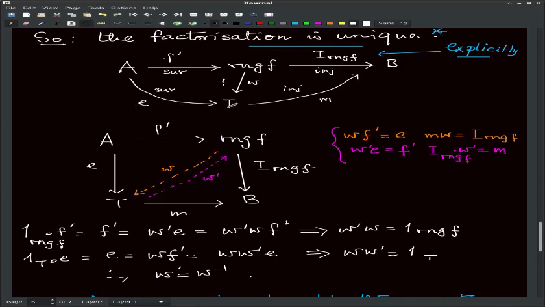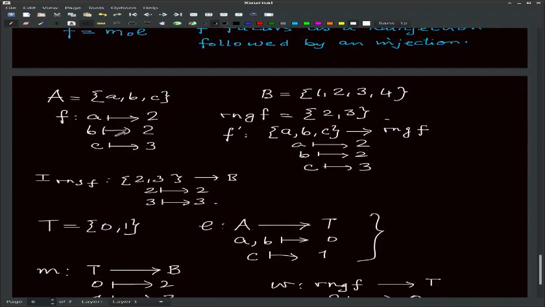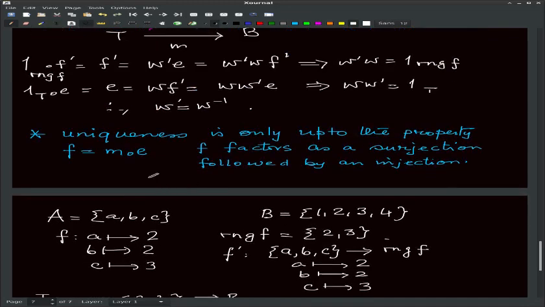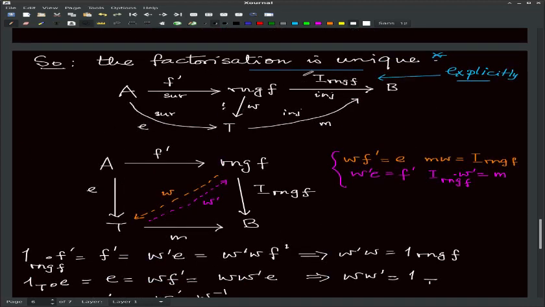So what I wanted to say is, one side is explicit, where you need to say explicitly what your range is, what that f prime is. On the other hand, it is just saying by a property that it factors like this, a surjection followed by an injection. And it's unique. Unique means in the sense that if there is any other factorization,